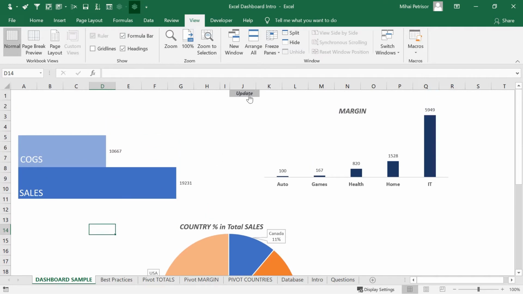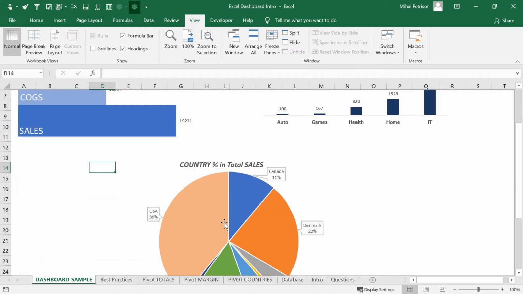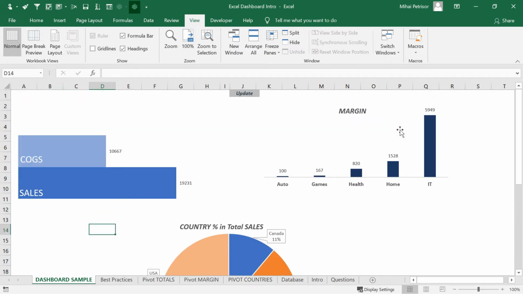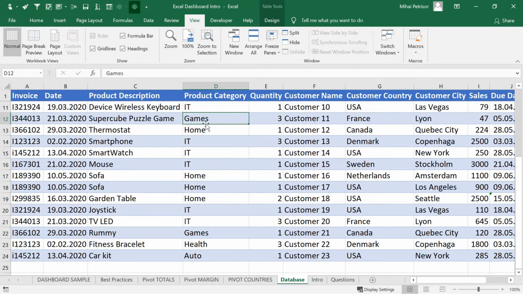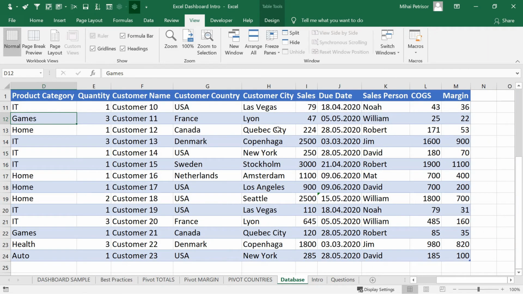Here we have an update button that normally should update our figures. Let's try to increase the games category in our database, and for that I'm going to increase the sales price for this row from 47 to 3,500, and the COGS will be 2,700.